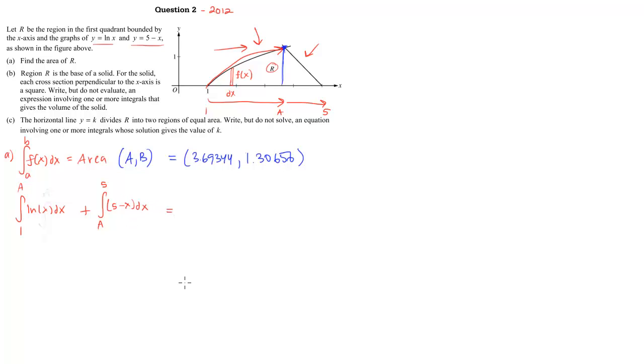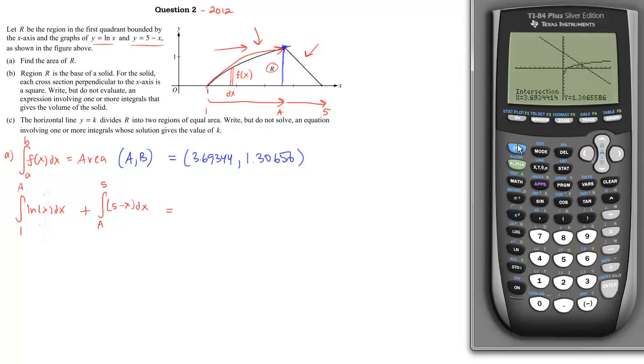And that's something we can just really easily evaluate on our calculator here. Let's see here, we should set a variable. So we're going to let 3.69344 be set to x, or how about A? Yeah, we'll set it to A so it matches up. Okay, so now that's set to A, and we also have these already stored in here, and so we can do math integral from 1